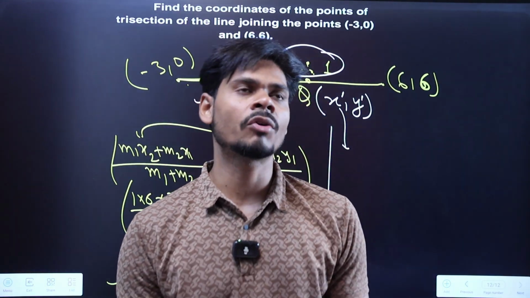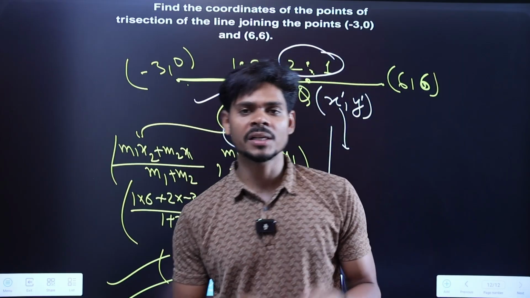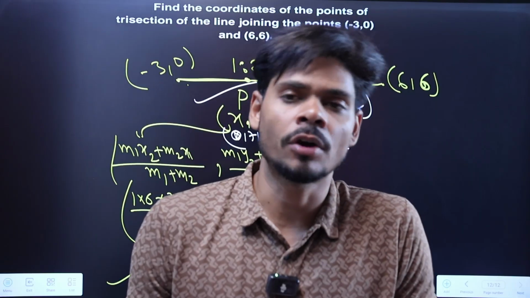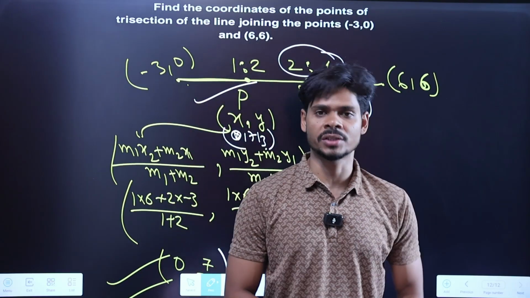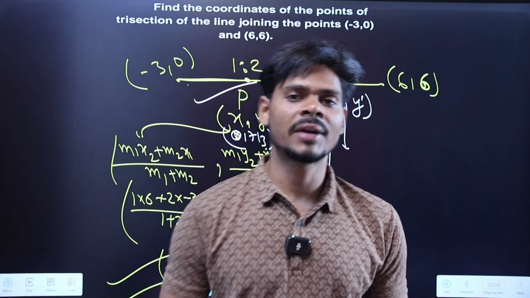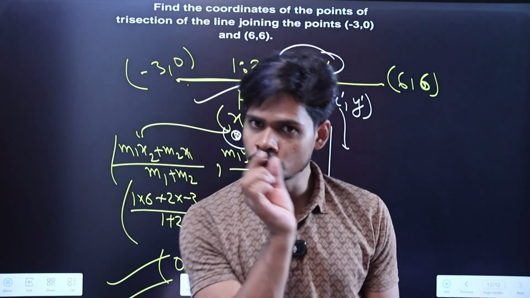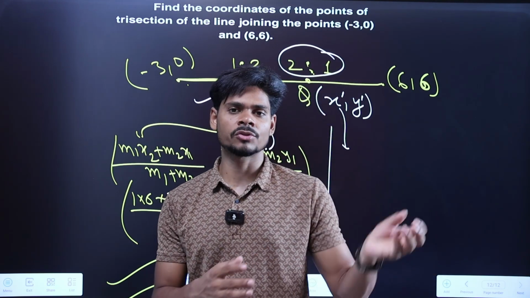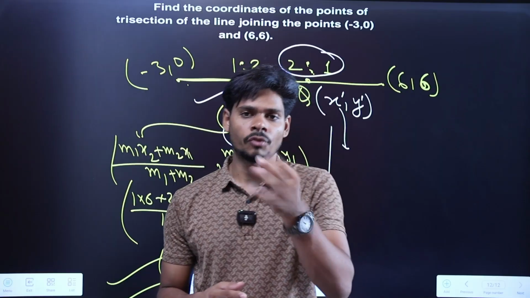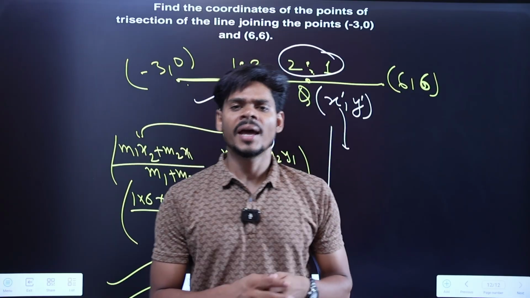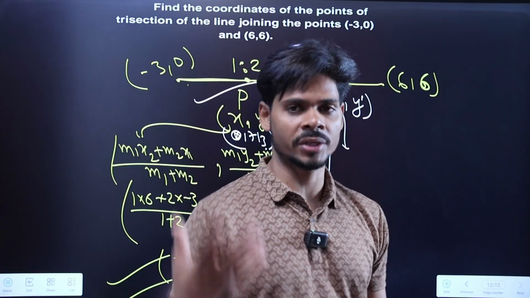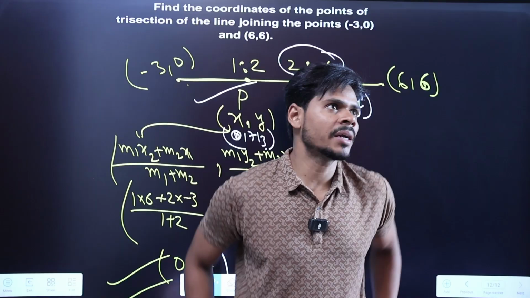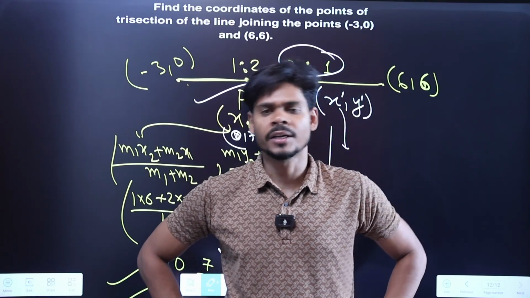So we have completed so many questions based on the section formula and midpoint formula. In the next session we are going to discuss two important formulas, the midpoint formula and the centroid formula, to find the centroid. From there also you get questions, right? We will do the basic concepts for these formulas and a few questions based on them, and then practice a few more questions from a particular book. Then we'll move towards our next topic, the straight line, equation of a line.